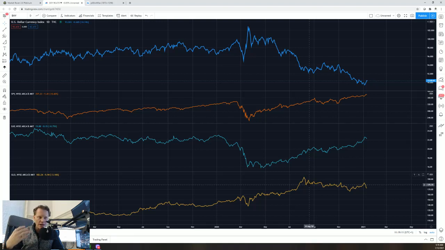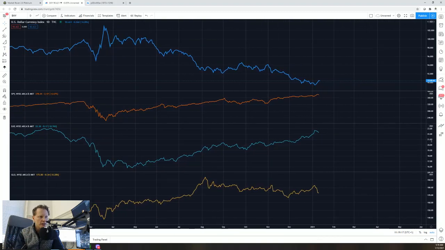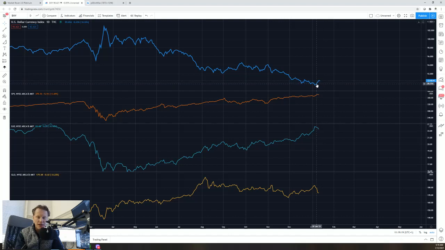So when you go more near term, like right here and now in mid-January 2021, what you're looking at is a potential bounce that the dollar is trying to do. And when that happens, what do you think these other asset classes are going to do if the dollar were to bounce a little bit? And I'm not here to make a forecast. This is more me trying to look at this through a lens of education.